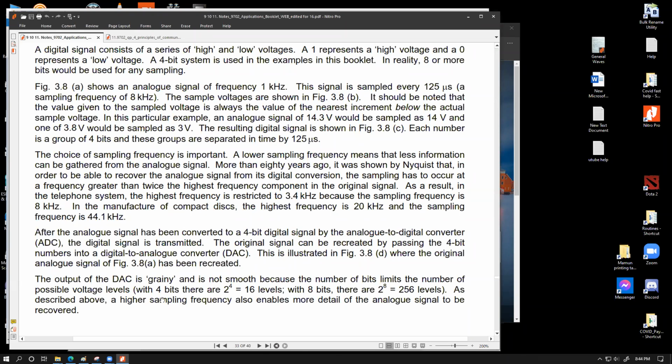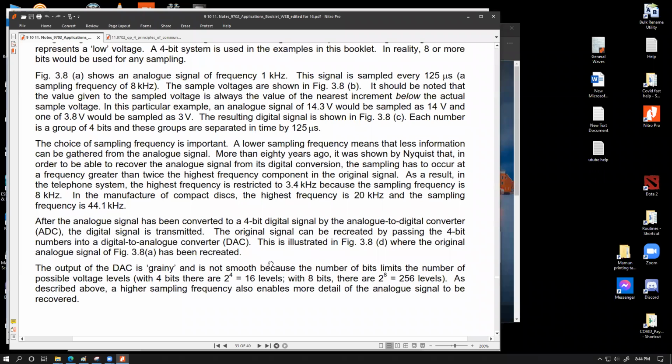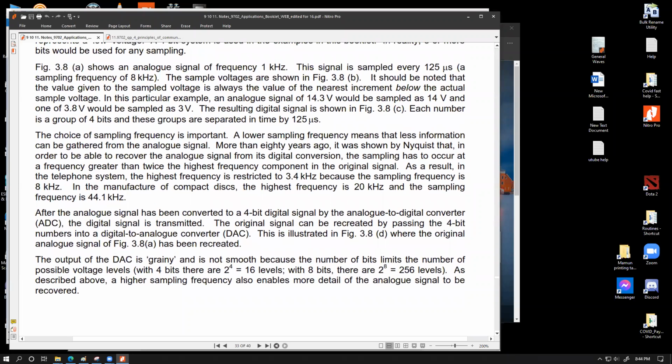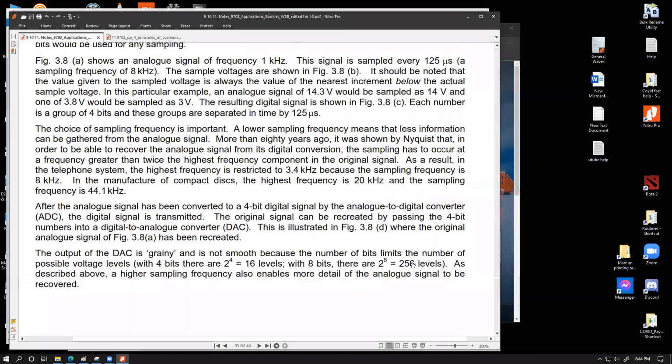This is the important part, where I'm going to talk a little bit as well. The output of the DAC is grainy and is not smooth because the number of bits limits the number of possible voltages. Number of bits limit the number of possible voltage levels. With 4 bits there are 2 to the power 4, 16 levels. With 8 bits there are 256 levels, and so on and so forth. As described above, a higher sampling frequency also enables more detail of the analog signal to be recovered. আচ্ছা, এই দুটো লাইন আমি একটু তোমাদেরকে ডিটেইলসে বুঝাই, খেয়াল করো।